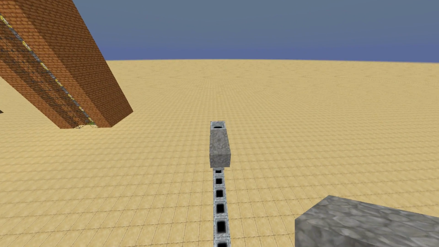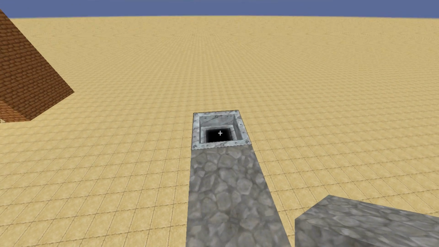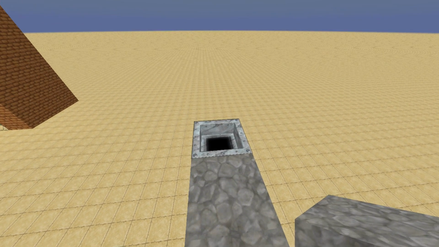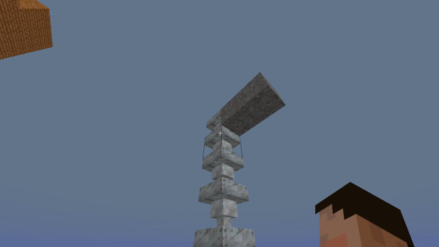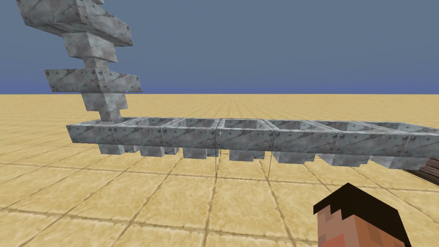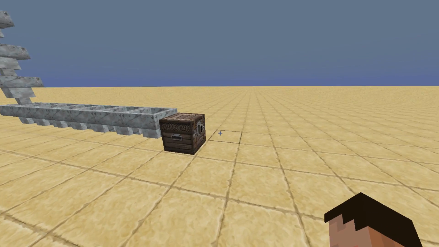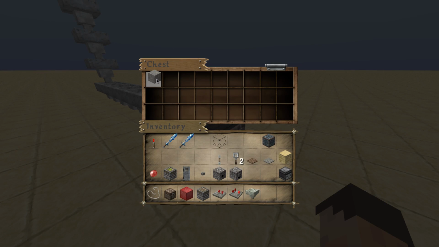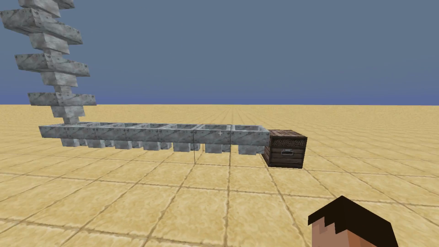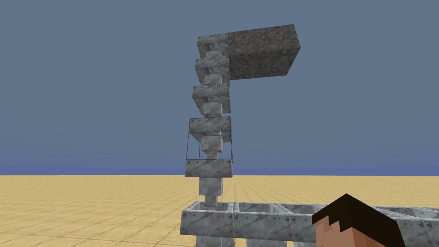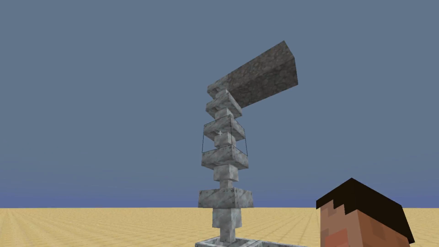If I then go along here and throw this block into that hopper, that's gone. That block is going to travel all the way down here and all the way along here and should be in the chest. Yeah, thank goodness that worked. I'd have looked like a right fool. But yeah, so you can do transportation systems of products or blocks or whatever else using lots and lots